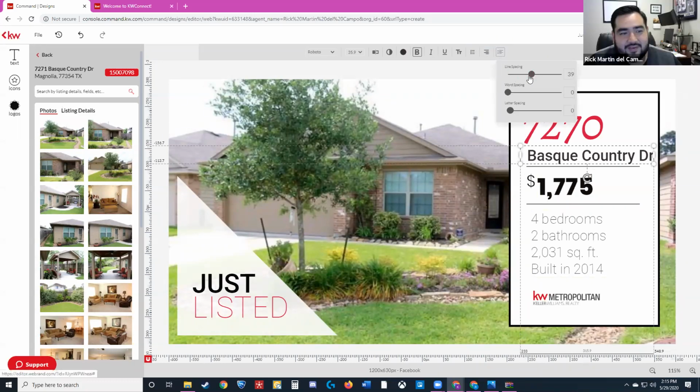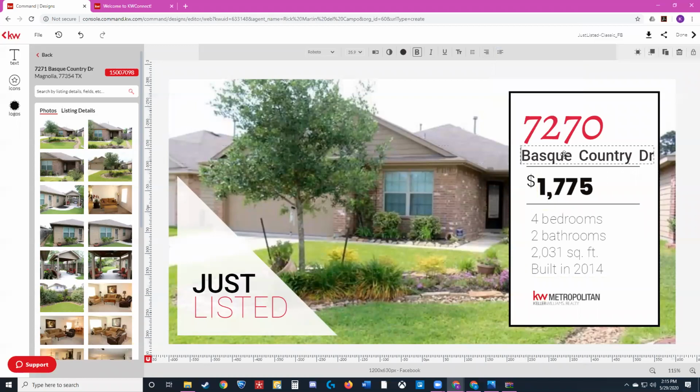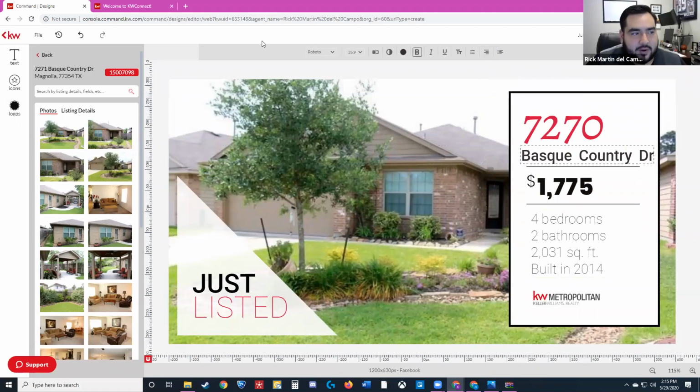Right. You can even adjust, you know, what is customizable is you can adjust word spacing and letter spacing. Oh, that's terrific. Okay, cool. So that's what, and you'll see it all here. I would advise to play around with all of these buttons at the top. That's what they're there for. And it'll customize, it'll change to the element that you're using. So that's what that's about.